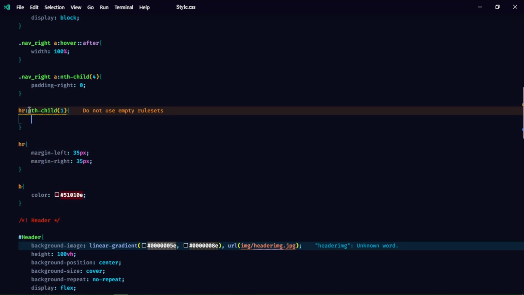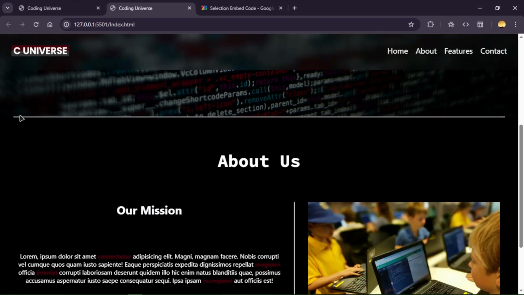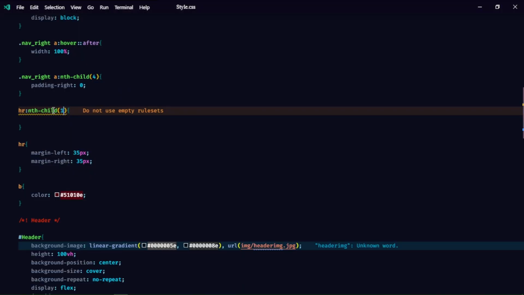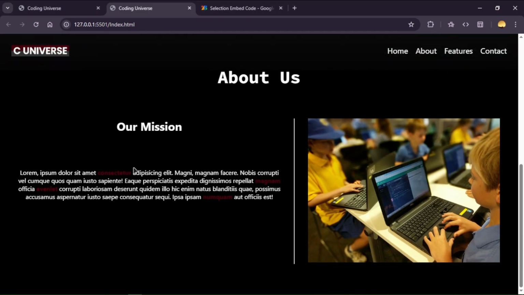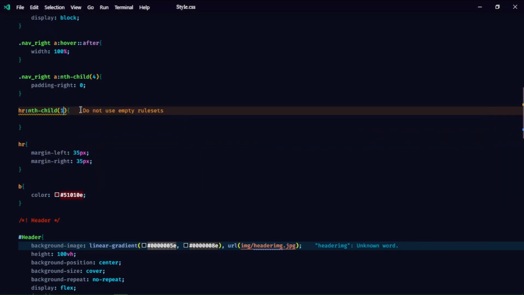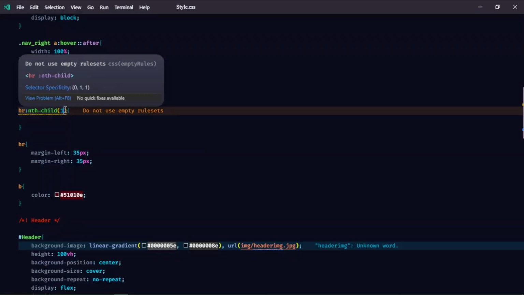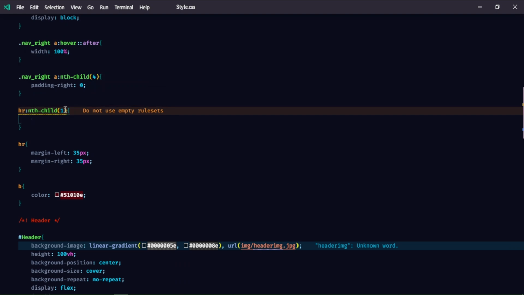If you don't know what is nth child, I can just simply tell you it's the number. The first hr is number 1, so you can put here number 1, and the second hr is this one, it's number 2. So nth child is like a parent's child in simple language. So you can just go nth child 1 and say the